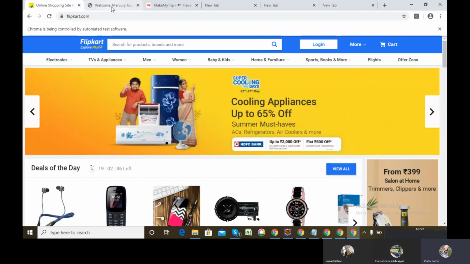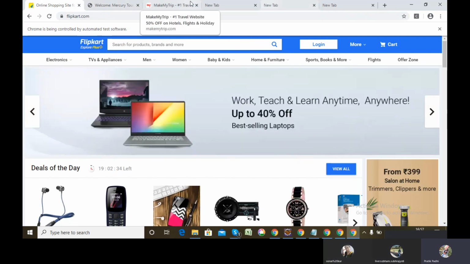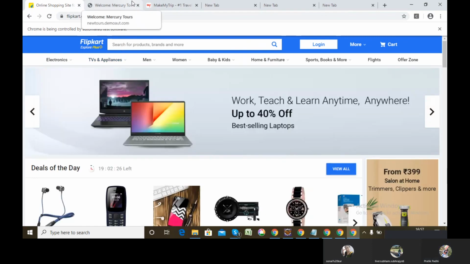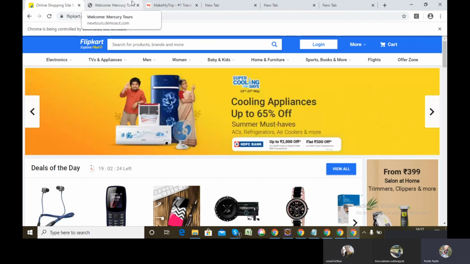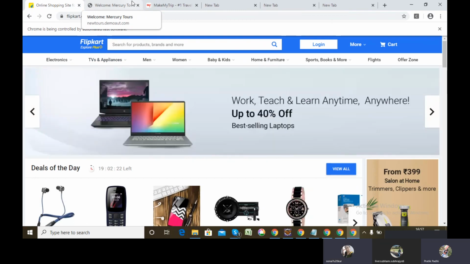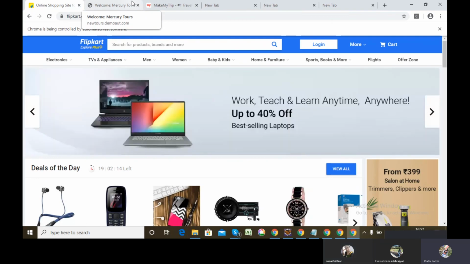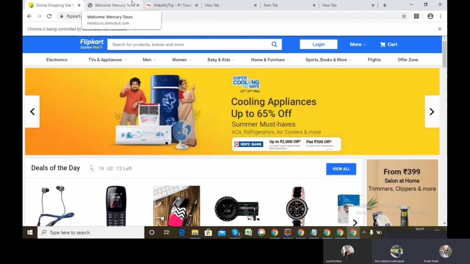That's not an issue. Let's say, for example, this particular tab doesn't mean that I'll be opening a different site. There may be one scenario: if I click a link in Flipkart, a new tab gets opened of that Flipkart application only. Then also you have to do it in this way only, by window handling. A new tab comes, which means you have to switch your control from the previous tab to the new tab to get it handled. That doesn't mean that a different site will be opened.